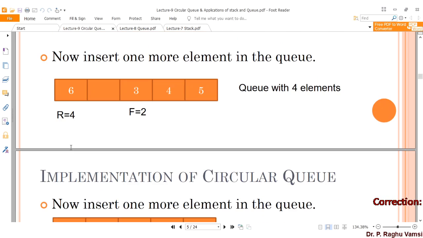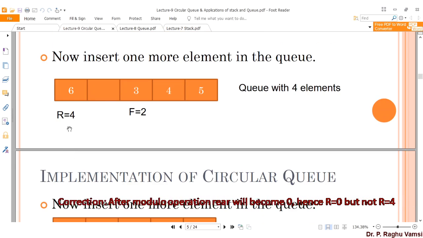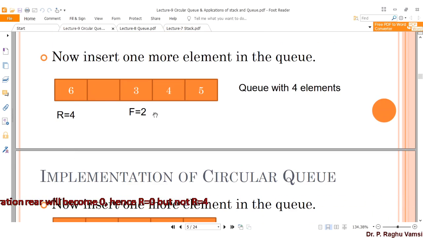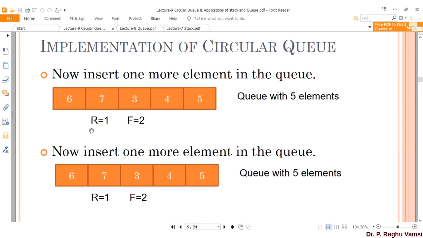Okay. So next you can increment the rear value. So this R, now the rear value will become 0. So the rear will be at the index 0 and insert 6 is the element to be inserted. So 6 is inserted. Now you look at here R is equal to 1. That means new element is inserted into the queue.